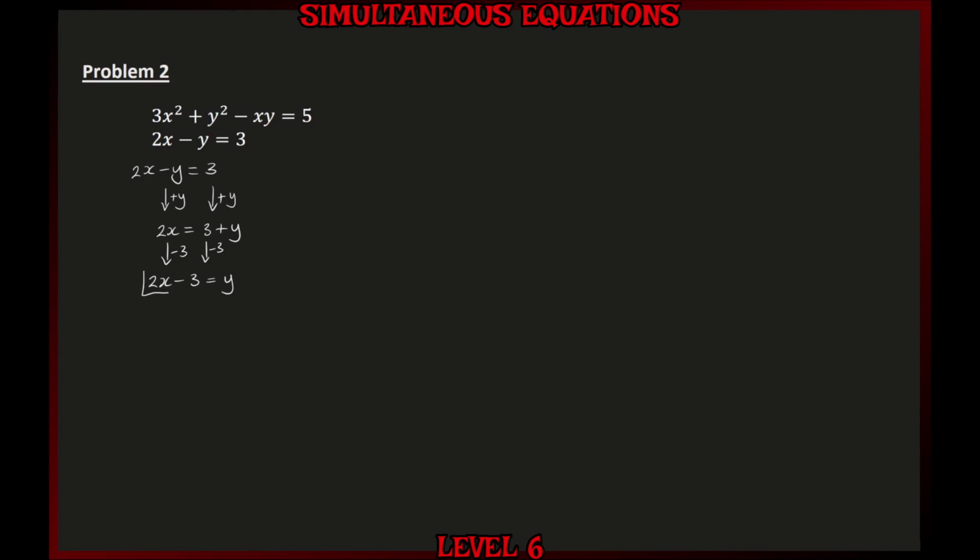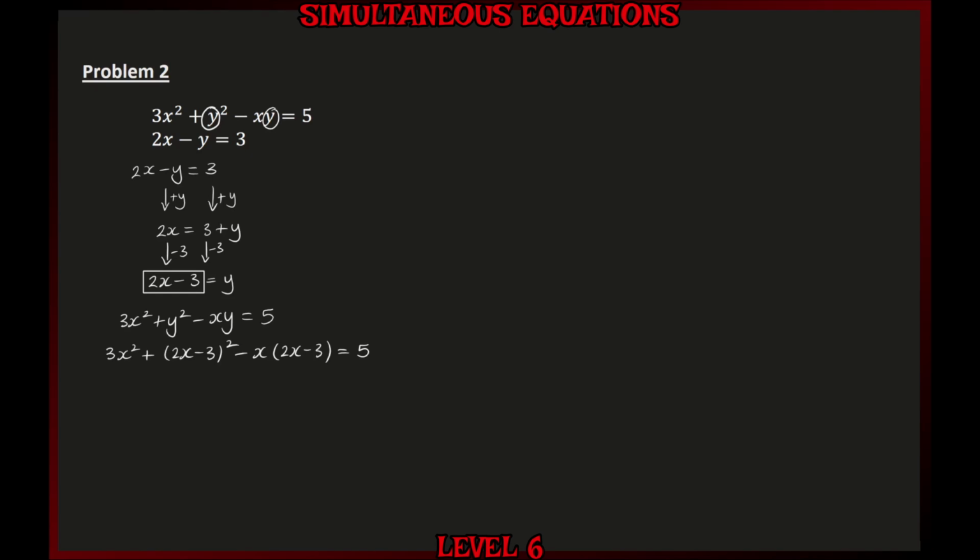And this is important because we can now take 2x minus 3, which we know is equal to y, and substitute it into the nonlinear equation in place of y. So the nonlinear equation, 3x squared plus y squared minus xy is equal to 5 now becomes 3x squared plus, and we're going to replace this y squared with 2x minus 3 squared minus xy, and again we're going to replace the y with 2x minus 3 is equal to 5. And we now have an equation that's just in terms of x, so we should be able to expand, simplify,